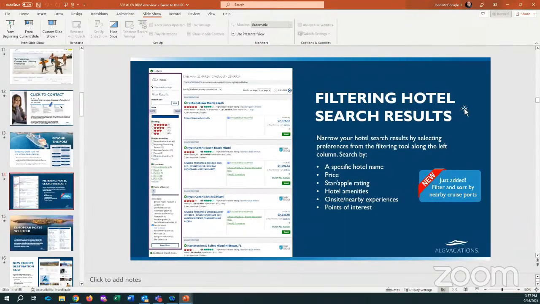So we've increased the filtering aspects of VAX to allow you to actually go down here. I don't know if you can see it without all the slides on the side. There's a port of Miami in this particular case. So if the customer is going out of a certain destination or wherever, whether it's a land-only booking or air and land, you can do the same thing if you're adding air to a destination. You can find the hotels, search the hotels based on how close they are to the port that they're going to be embarking or disembarking their cruise on. So this is how you get to choose a much wider variety of hotels for your customers.